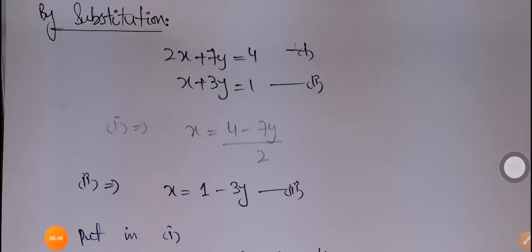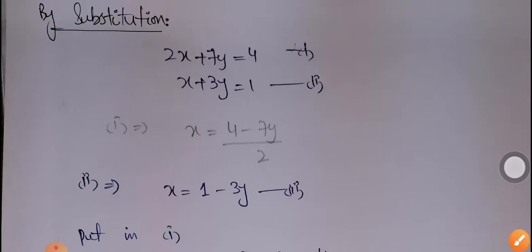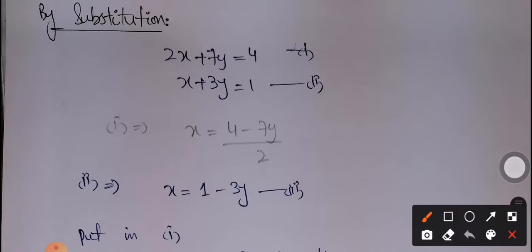Next, we are going to solve the same question by the substitution method. Here you can see that in the substitution method, we have to evaluate the value of one variable in terms of the other variable. Again, there must be a wise choice, because if I evaluate the value of x from equation 1, then obviously the value is going to be 4 minus 7y over 2, that is, there is a denominator, and when I insert the value in equation 2, I have to deal with the LCM of the denominators. So what we can do is use equation number 2 in order to avoid the fractions.